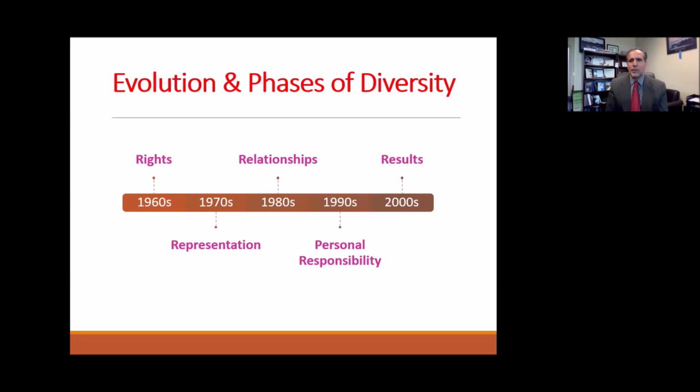So again, anybody who does violate the laws toward individuals or is discriminatory, then he or she should receive punishment for it. Ultimately, the years 2000 and beyond have focused on making diversity a competitive advantage by producing better results as a result of having a diverse workforce that works through fairness, equity, and inclusionary practices. So ultimately, we know that the purpose of diversifying the workforce is not just to have diverse numbers, but to also make that a competitive advantage for the organization and get better results compared to not having that heterogeneous workforce.